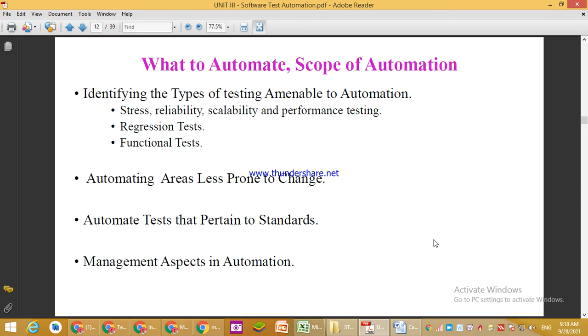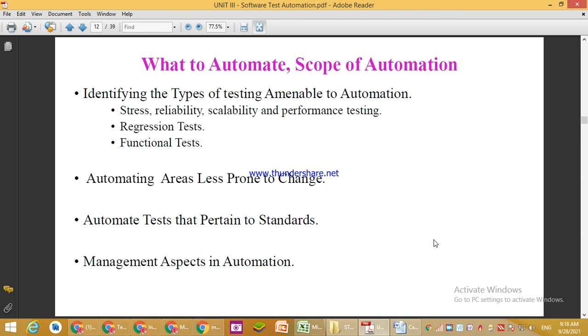Stress, reliability, scalability, what is that? Is it functional testing or non-functional testing? It is non-functional testing, right? But if someone gives me the code of a particular project, from which part do we have to start, or what do we have to do?